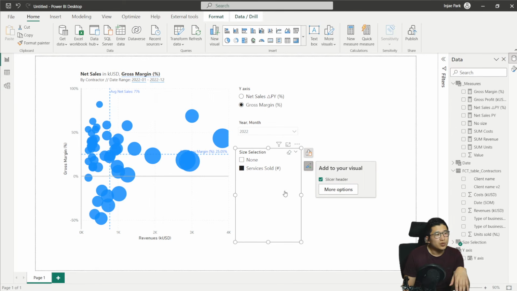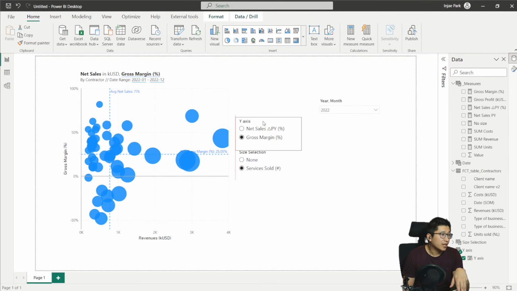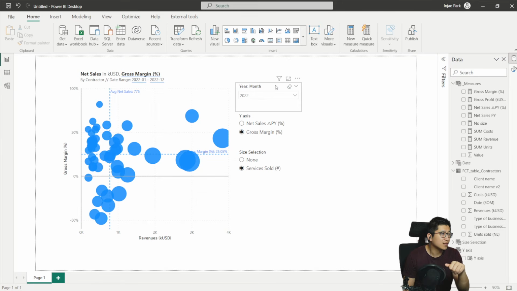Because I want to format this in the same way as this slicer, I could just select this slicer, click on Format Painter, and select this, and it should show exactly what I wanted to show in the correct way. So that's what I'm going to do. All right, let's get this out there. It's not perfectly aligned. Oh, whatever, it doesn't matter. Okay, so